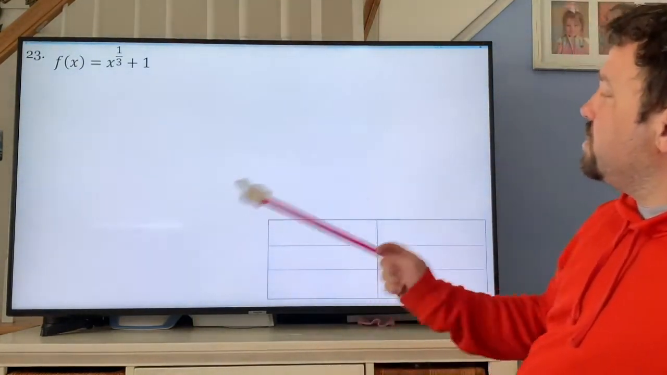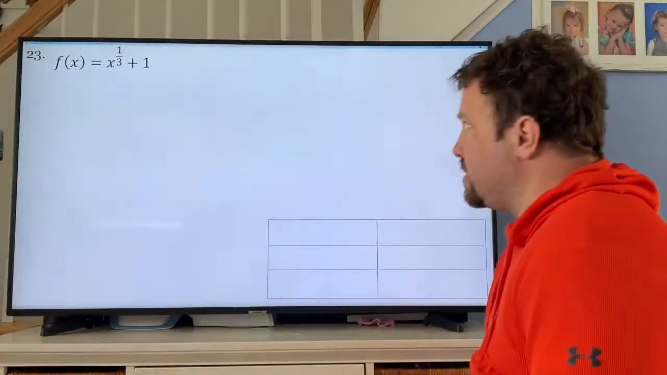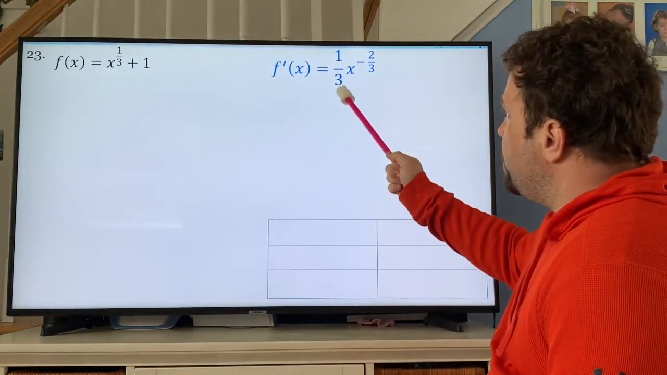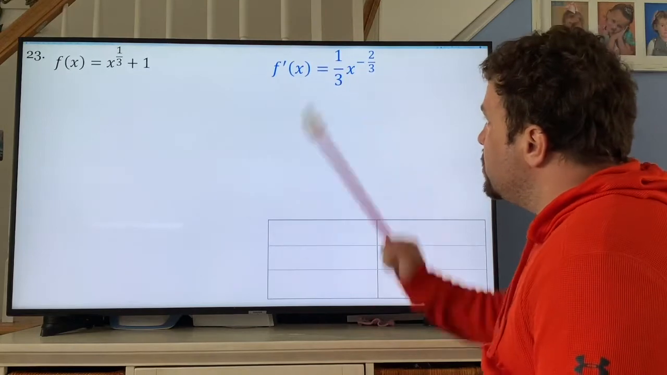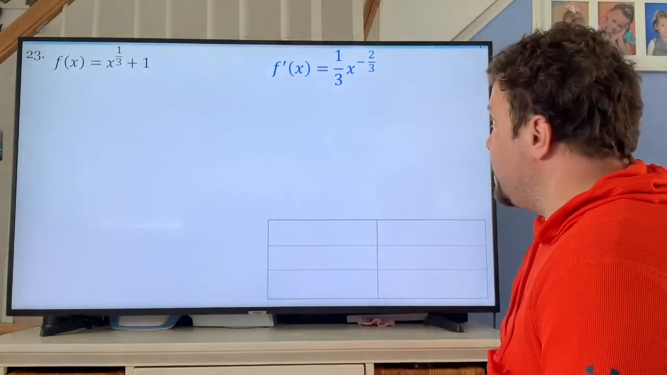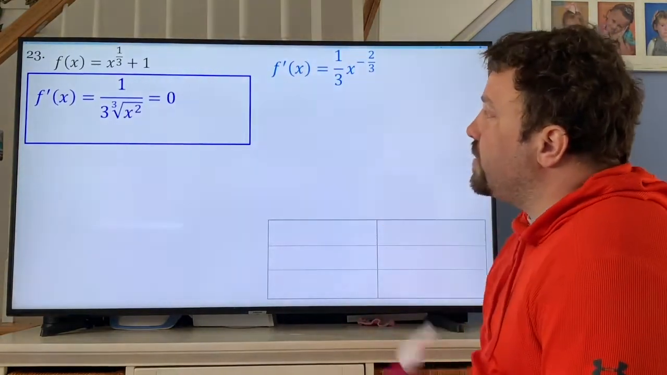This one's a little more difficult. Notice you get a whole big box to fill this in on. All right, so when you derive this, you get 1/3 x to the negative 2/3. You want to rewrite this because you're going to set it equal to 0 and equal to undefined for your critical number. So first off, when I set it equal to 0,